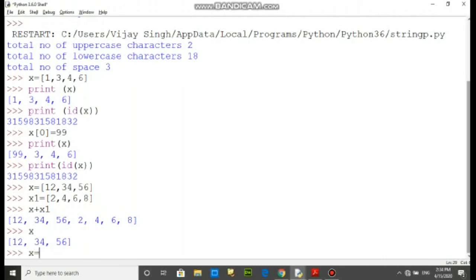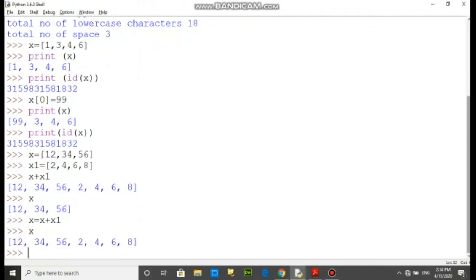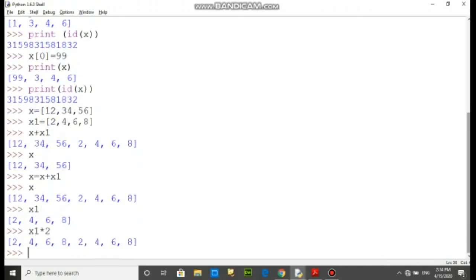You can add like this: x equals to x plus x1, and now check its content. That means the second list content will be added at the end of the first list. And the second list is 2 4 6, and suppose that if you are writing x1 into 2, so what will happen?